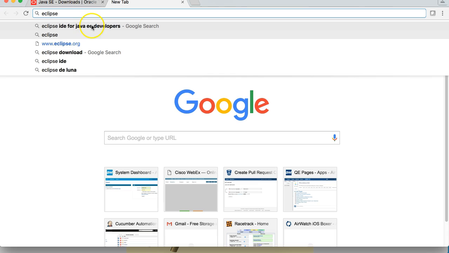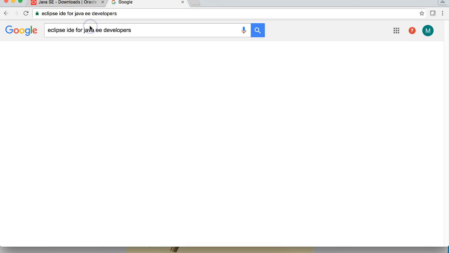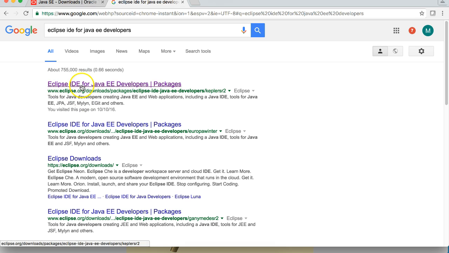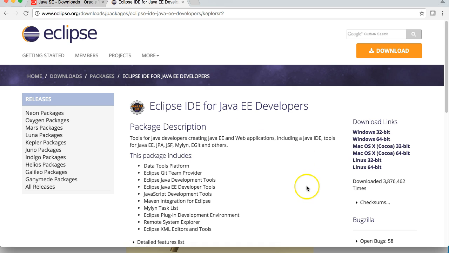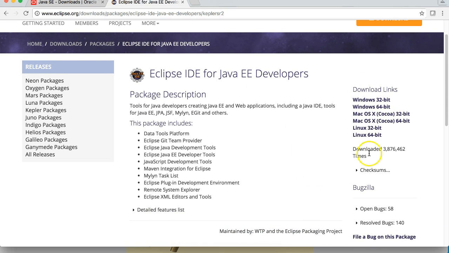Eclipse IDE for Java EE developers. And again, the very first site it is going to show is the Eclipse organization site. When you go to that particular page, on the right hand section over here, we will see the different links for downloading as per the operating system and 32-bit or 64-bit systems.